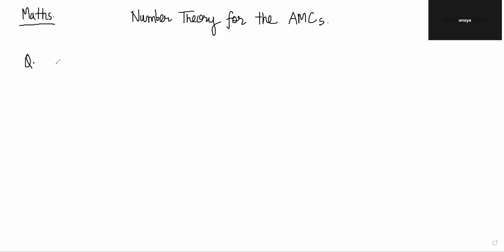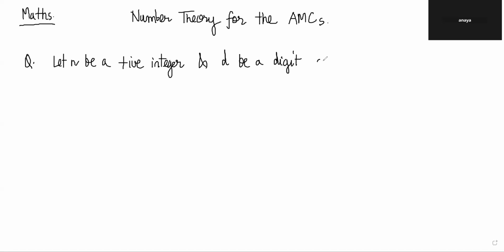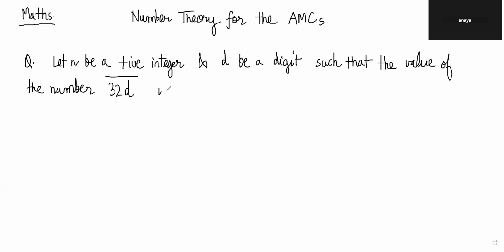Let n be a positive integer and d be a digit such that the value of the number C2D in base n equals 263,